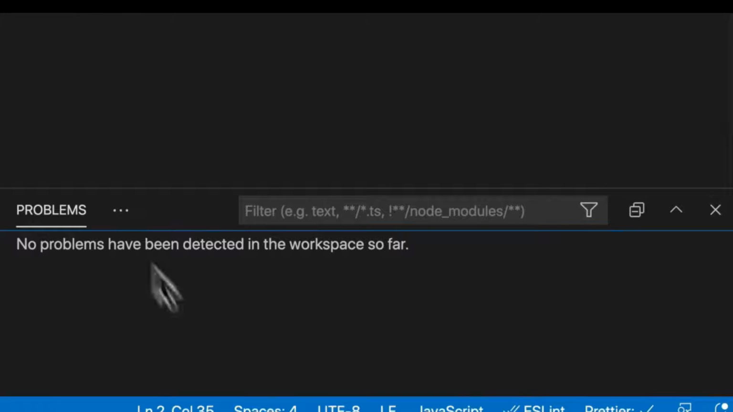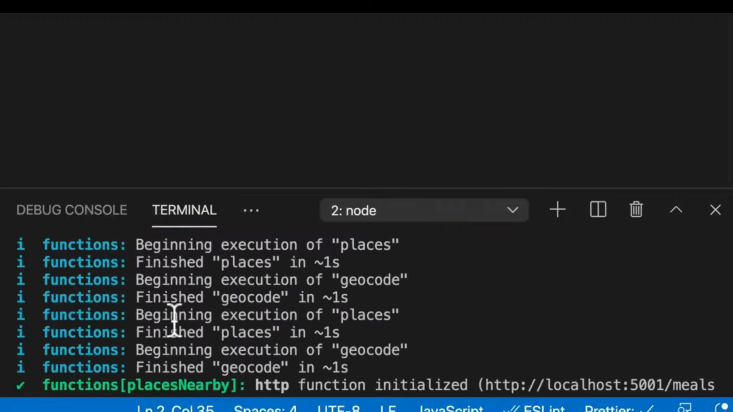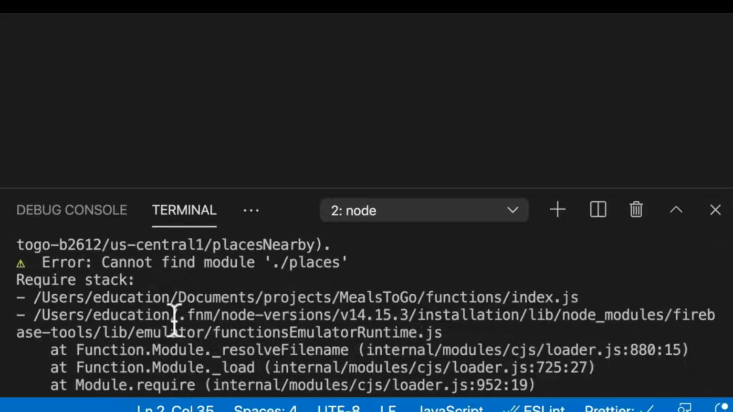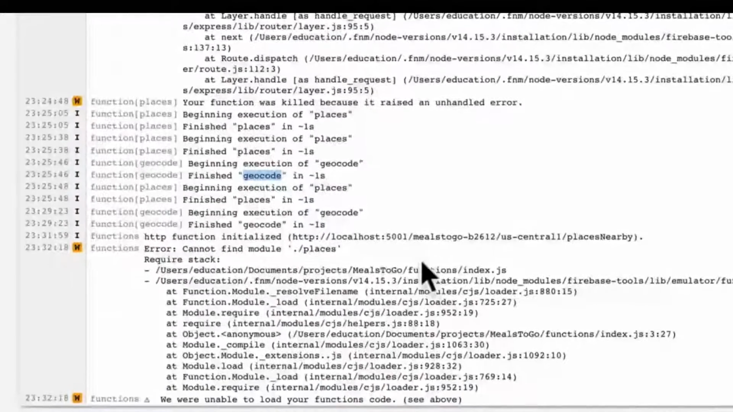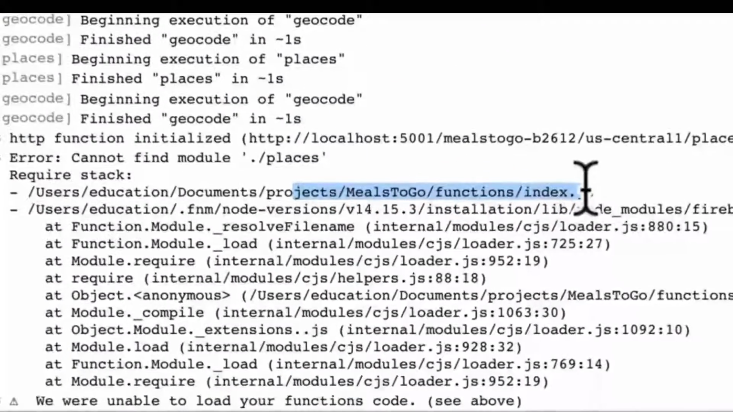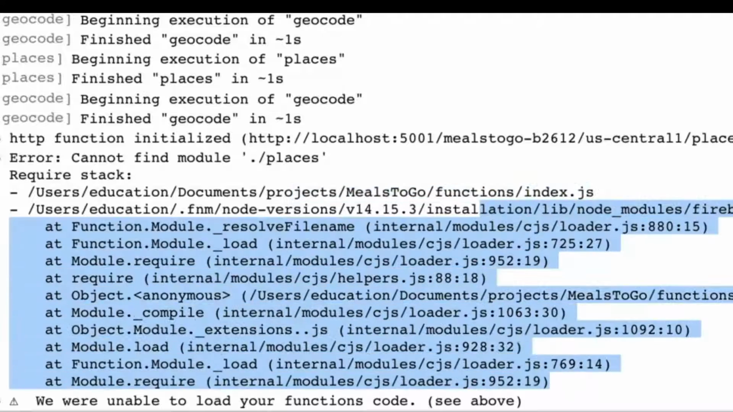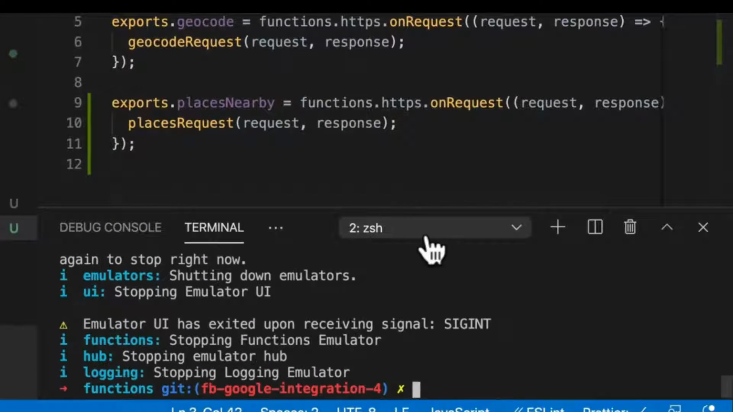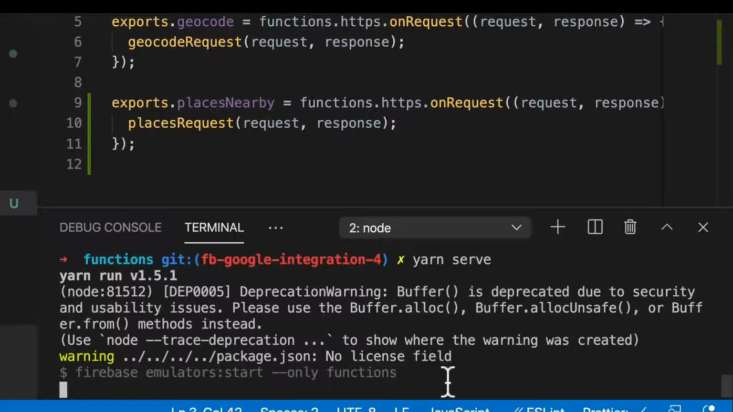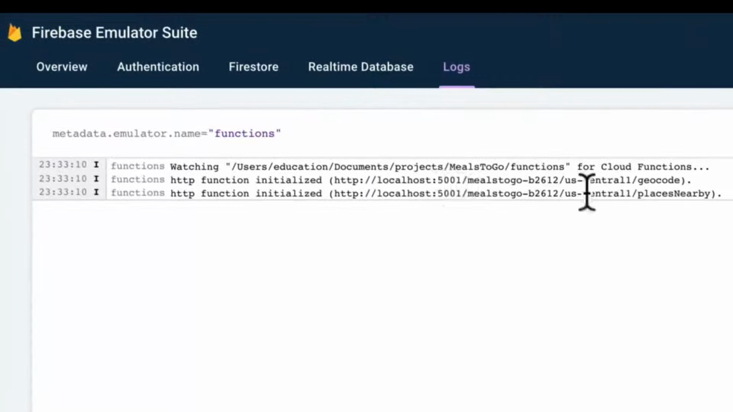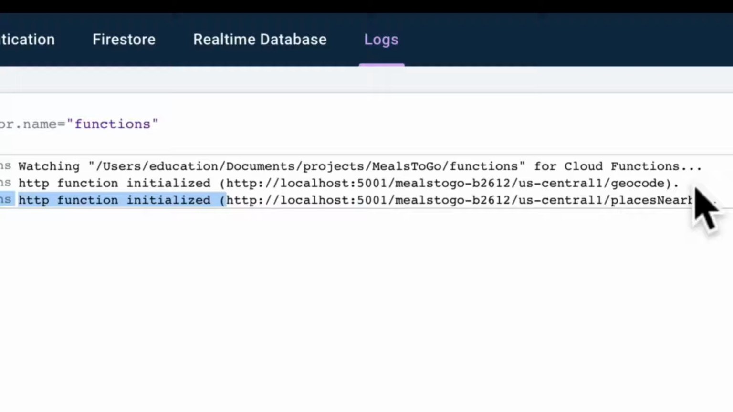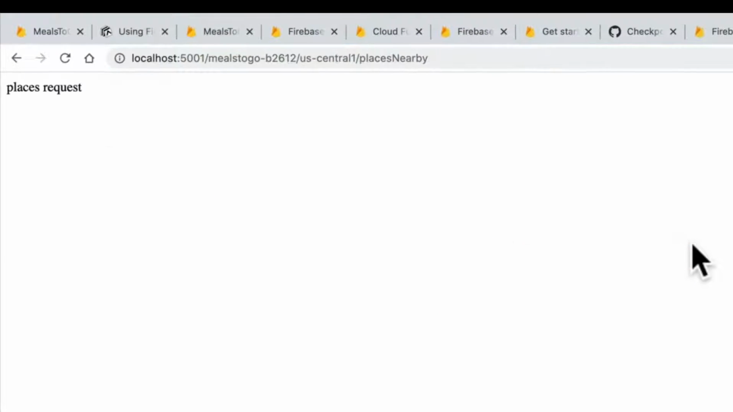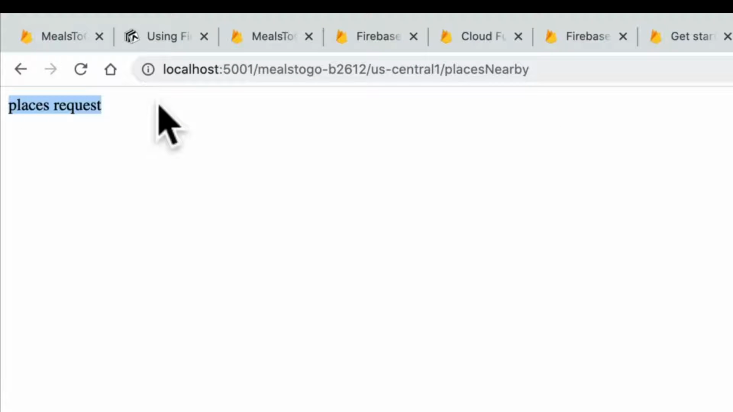Once we do this, we can go over to our terminal and we can see here places nearby has been released. Now, if we go down here, we can see that functions index, etc. We were unable to load your code because they cannot find the module places. So places.index, index here. Let's just quickly reload. And then let's reload over here. And we can see that it has, in fact, loaded now. So if we go to this URL, what we're going to see is here is our placeholder for our places